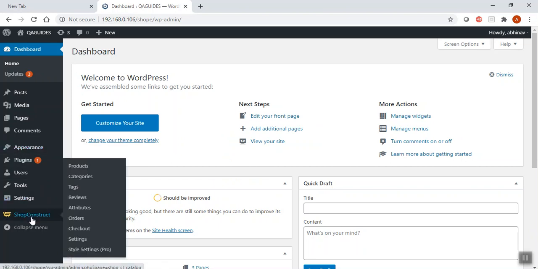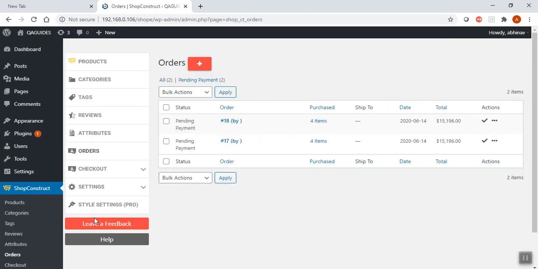Here go to shop construct, click on orders. See, there are two orders. One order which I did previously, remember, when I was automating the things, and this is the order I did now.